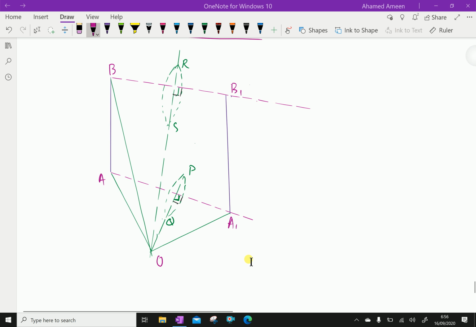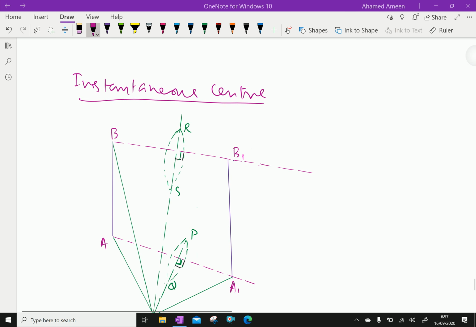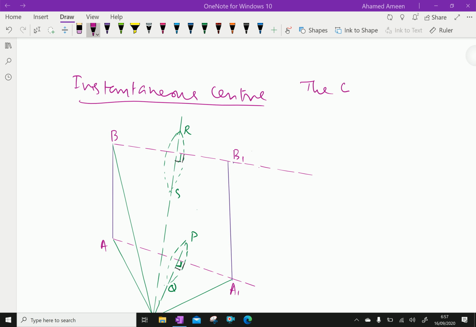That means the definition of instantaneous center is: the combined motion of translation and rotation